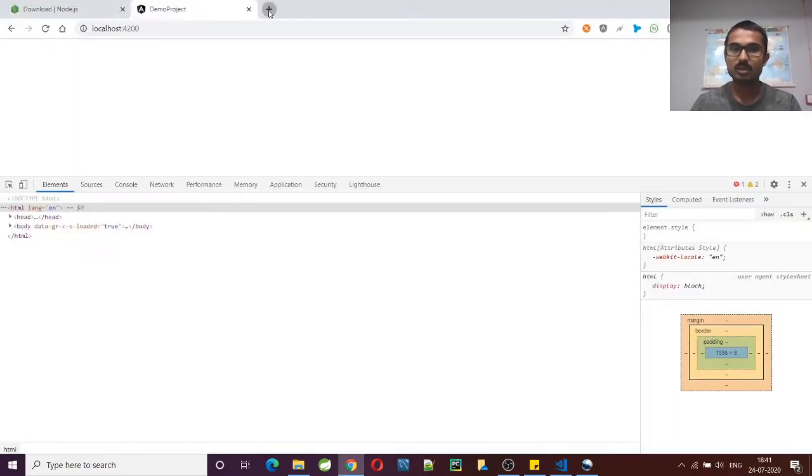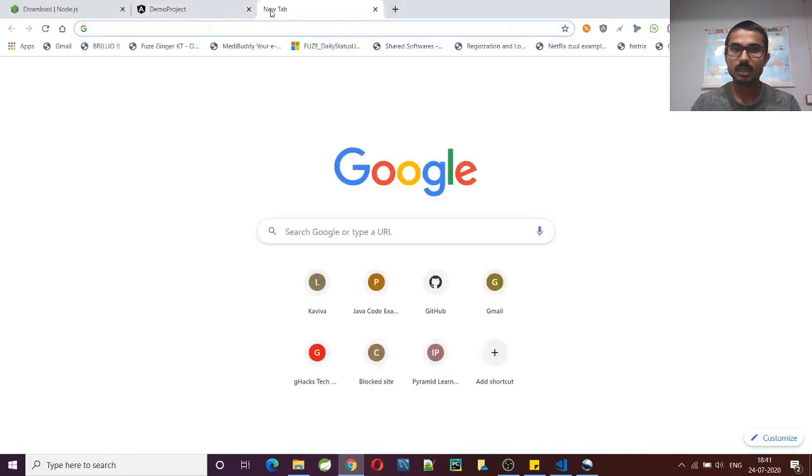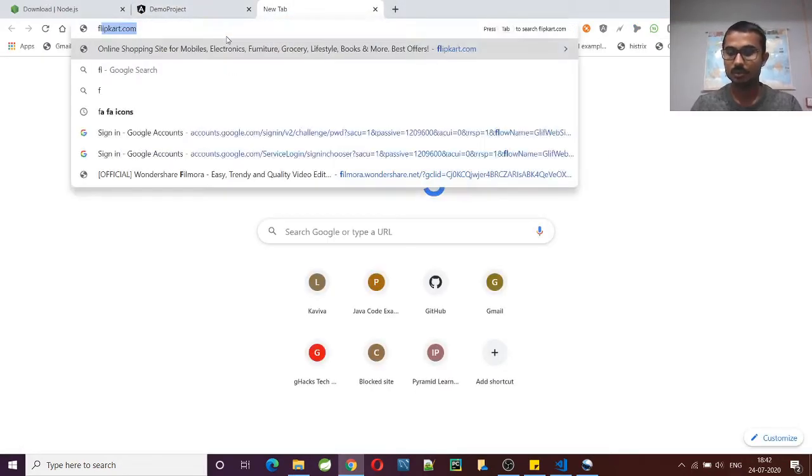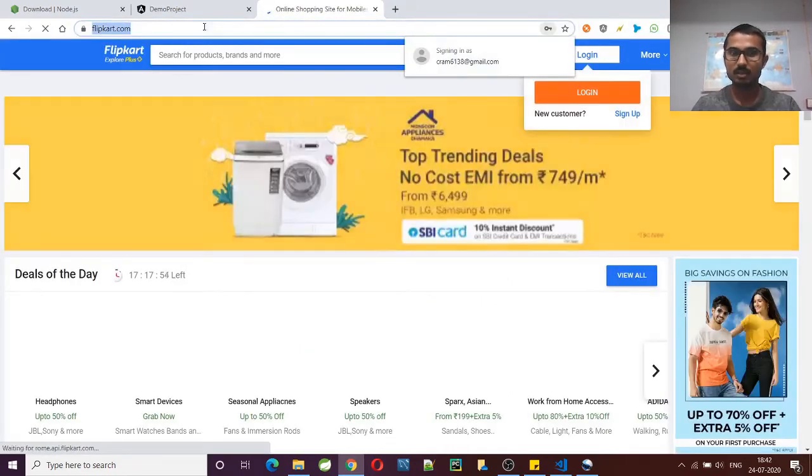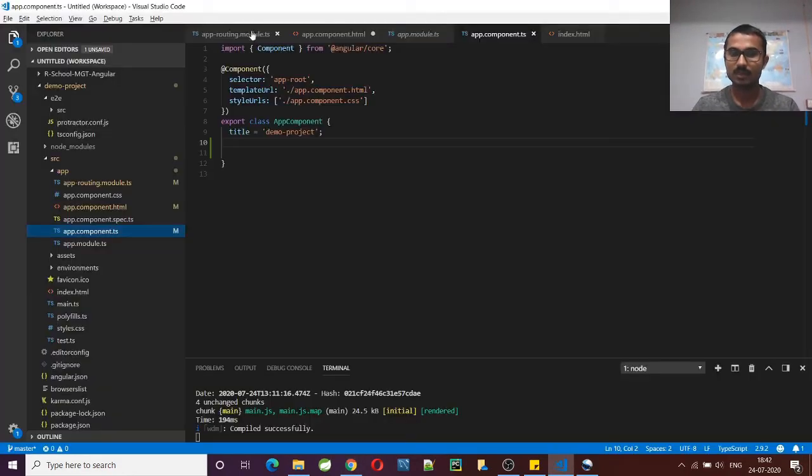Let me open flipkart.com. I copied this flipkart.com from here and I have created a variable here as Flipkart, and here I have given the URL. That's it.